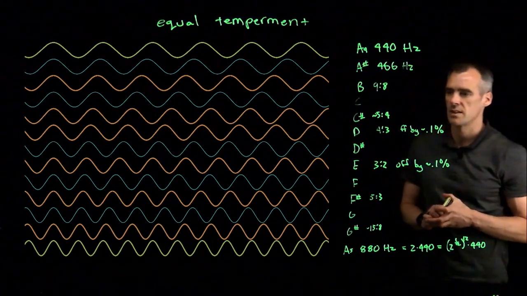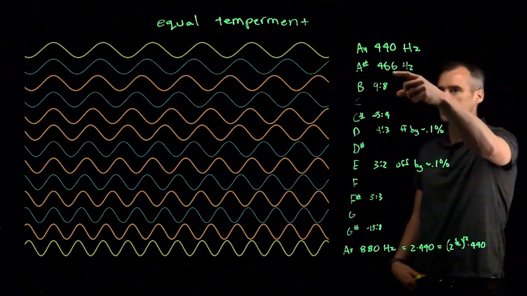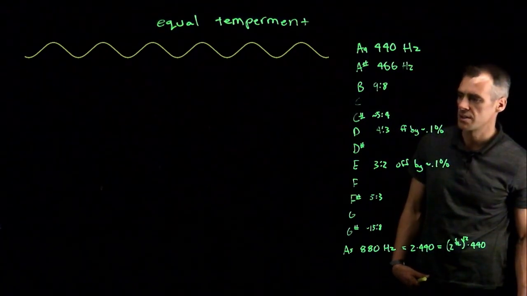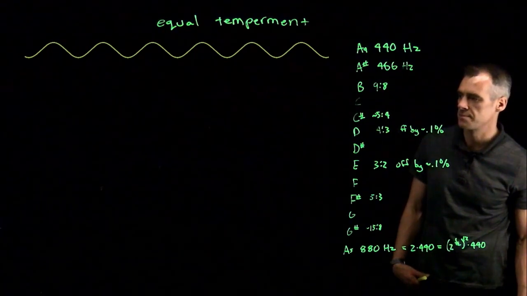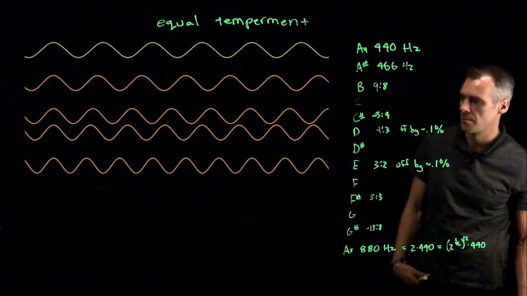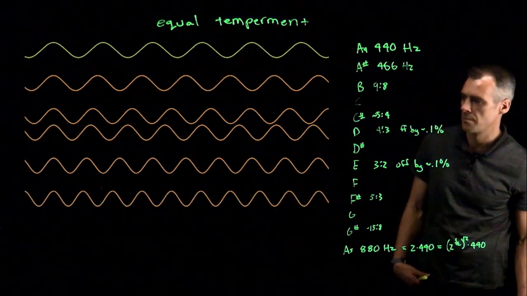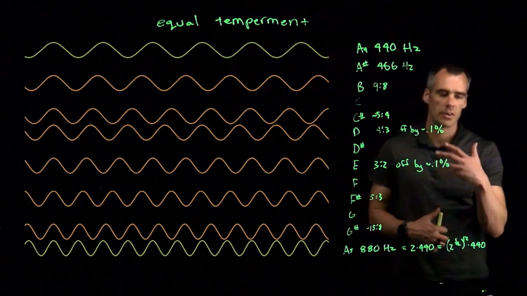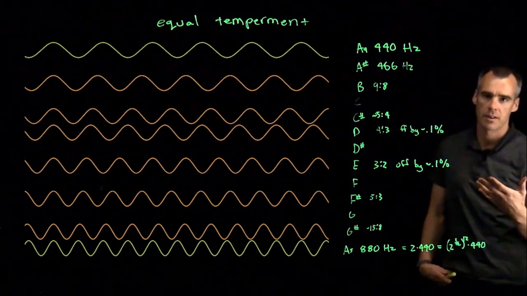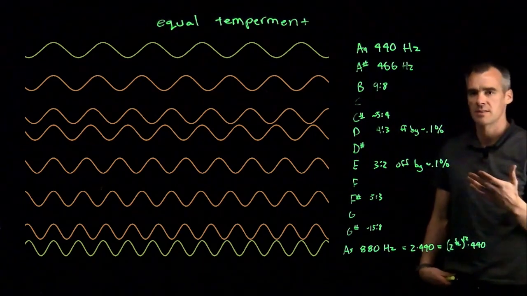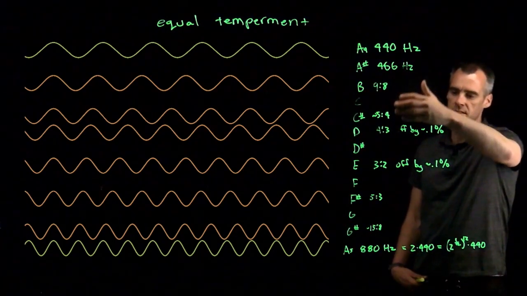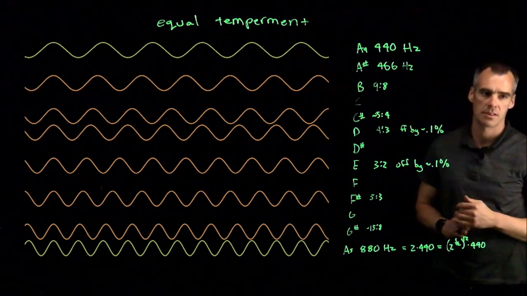But let's just hit the ones that are in orange here that I've shown these different ratios for. Okay, so we're going to start off with A, and then we're just going to go to the whole step and just go down this scale. So you'll notice when I just played those ones in orange, those ones we've shown the ratio for, they actually sound pretty good together. And of course that's part of the scale, and it's part of the scale because these are the notes that correspond well to A and hit these ratios pretty close